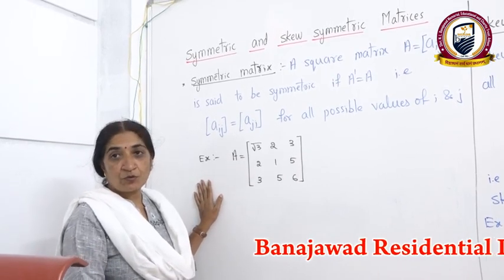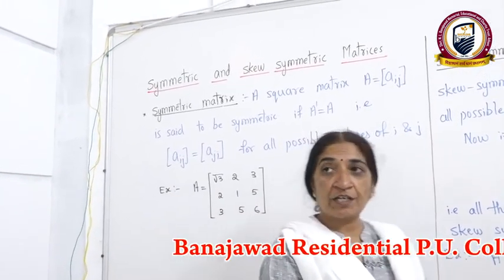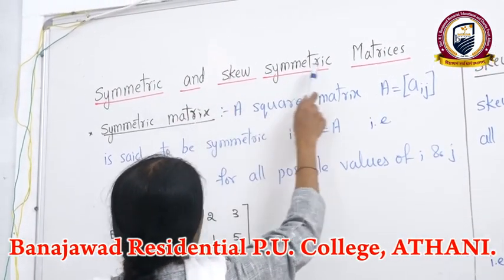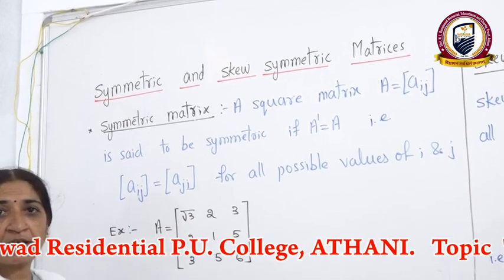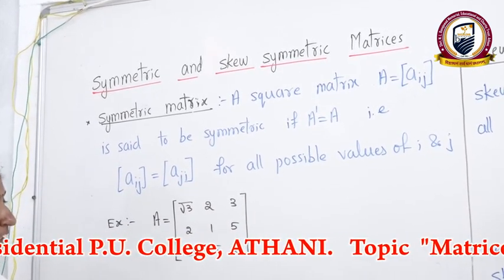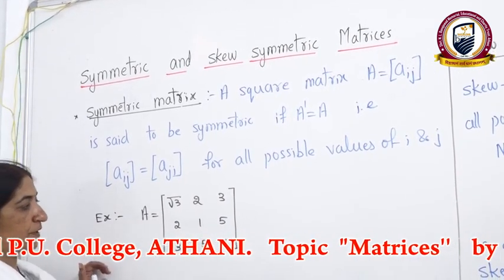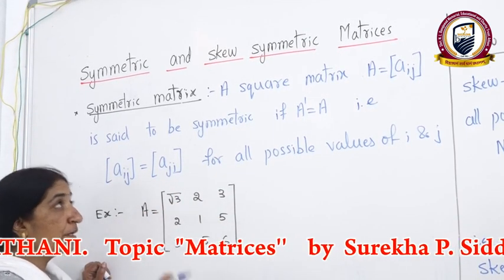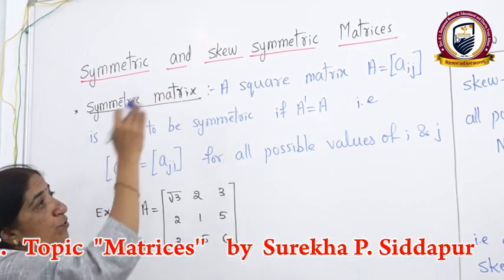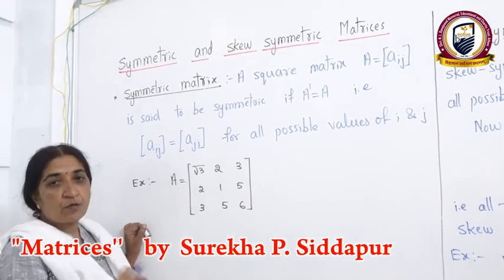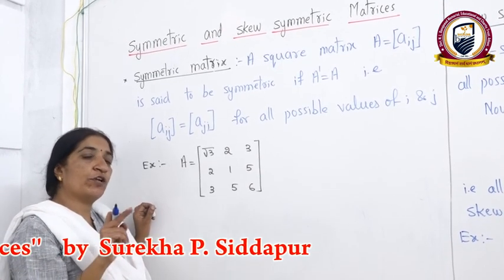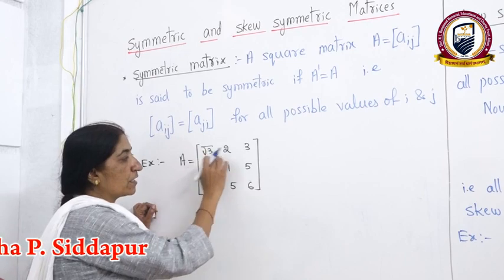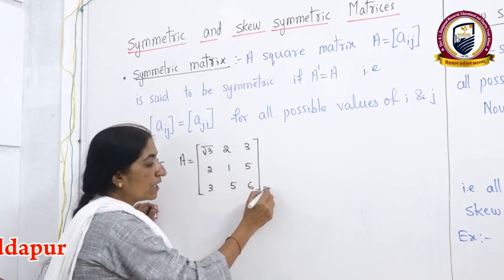Hello students, now in this class I am giving you a very important concept, that is symmetric and skew symmetric matrix. If I explain the definition first, you will not follow it. So that's why first I am explaining an example. See, this is a matrix A, and remember symmetric and skew symmetric are defined only for square matrices. Either write down a matrix of order 3 or of order 2. Here I am writing a matrix of order 3. See, 3 rows and 3 columns.